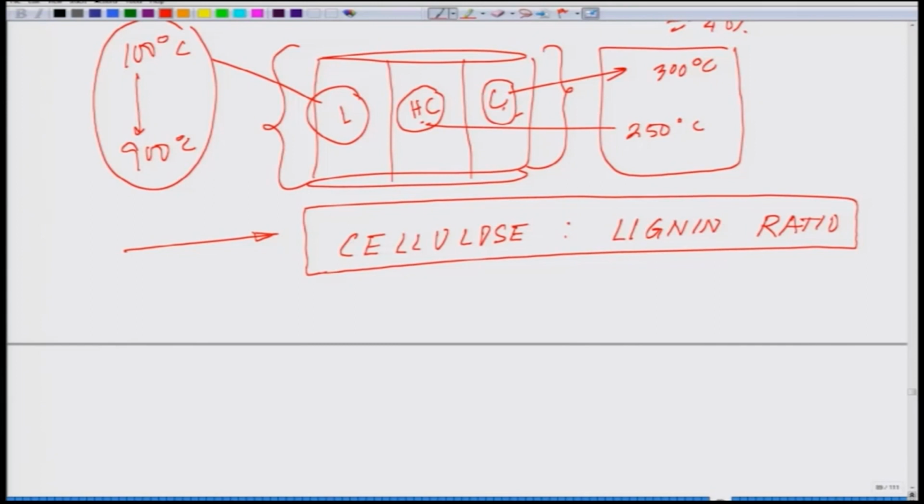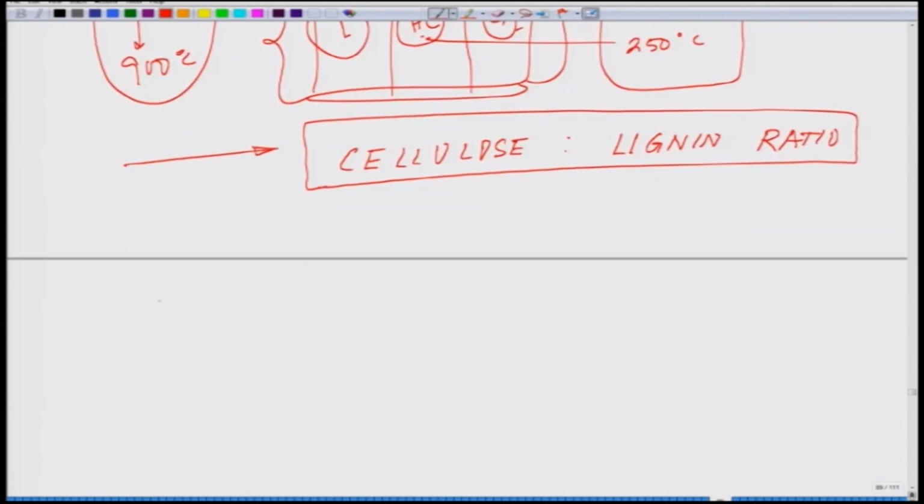So, it is very critical for you to understand that the cellulose to lignin ratio will further determine, point E,